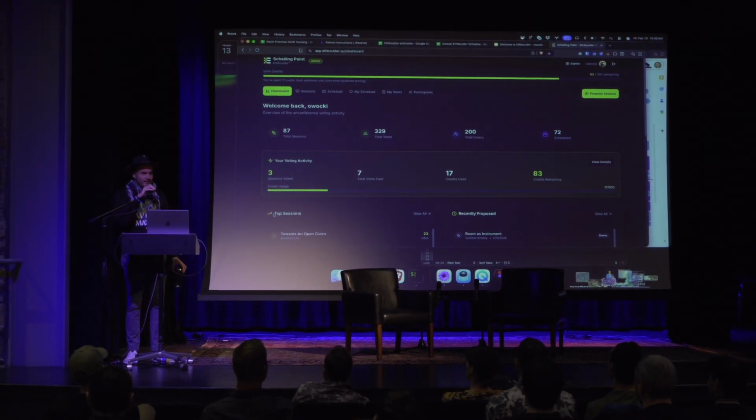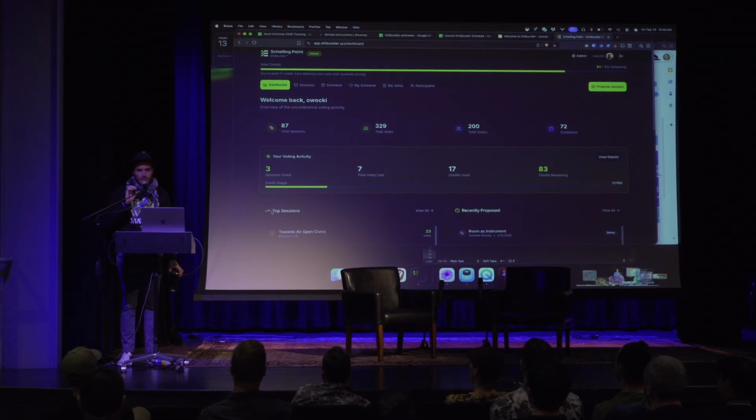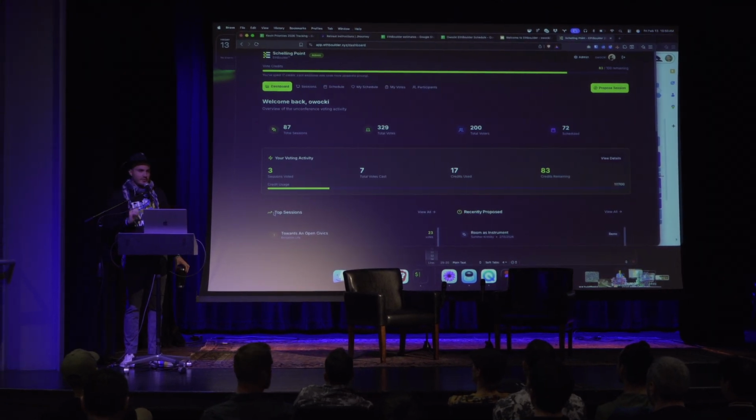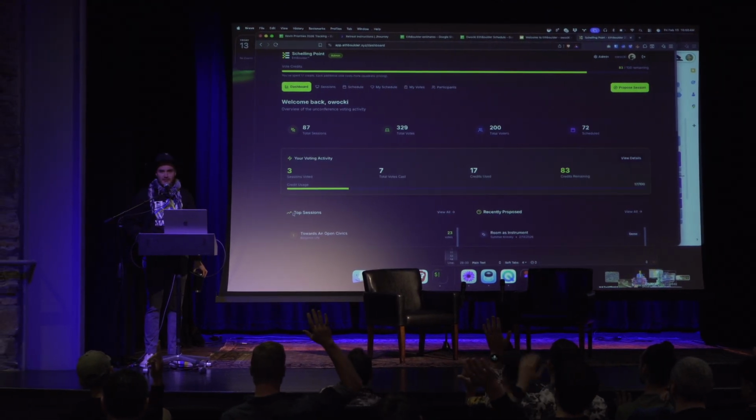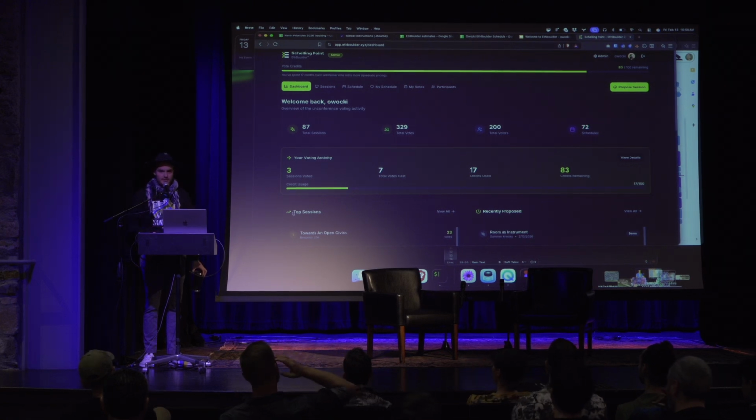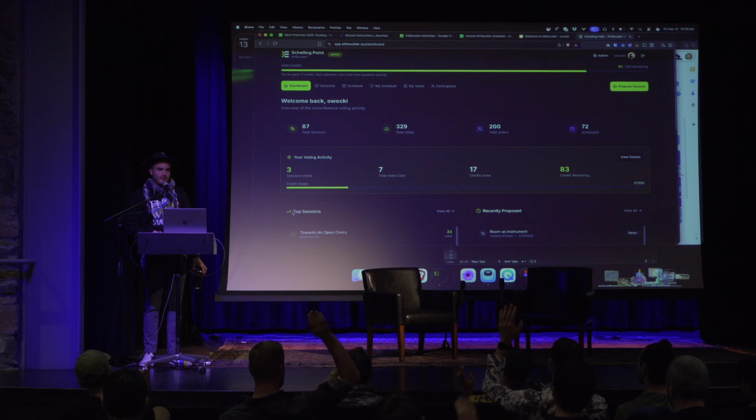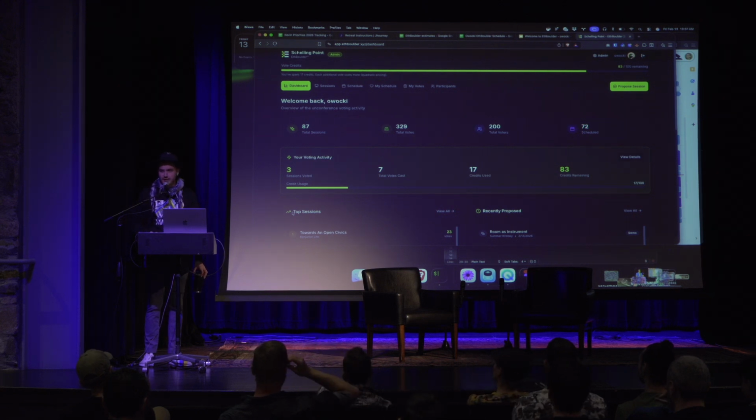Okay, just by a quick show of hands, who here is familiar with the idea of an unconference, maybe even participated in one before? Amazing. Okay, we're practicing our decentralization here. And what about quadratic voting? Who's familiar with that? Okay, nice. We got some mechanism nerds in the house.